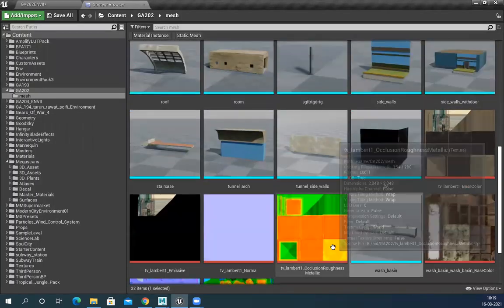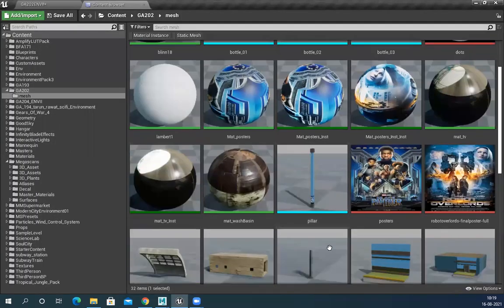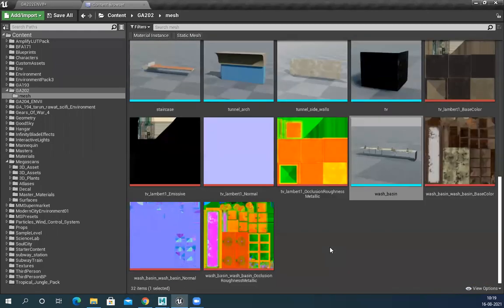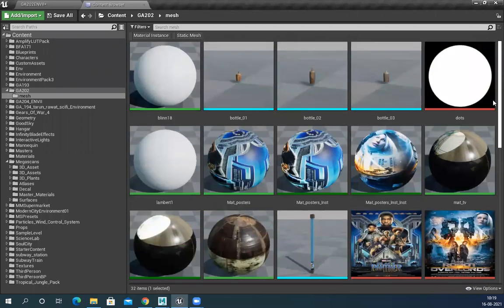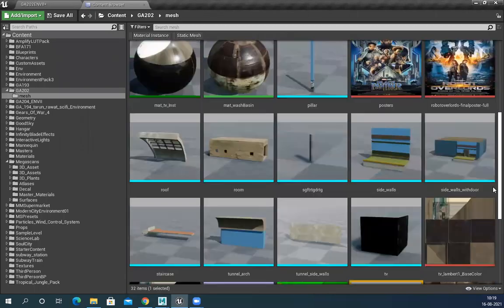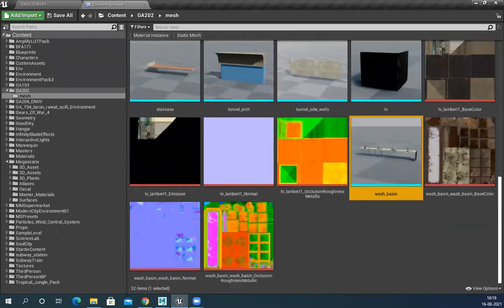And where is the mirror? I have imported that mirror. No, I haven't.